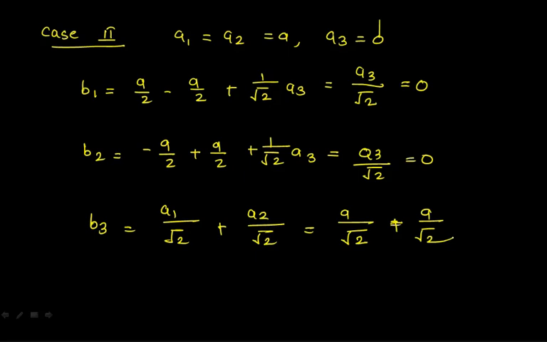If you are giving equal power, the output you are going to get is 2A. So A1 by root 2 plus A1 by root 2 will be 2A by root 2, which is nothing but root 2 times A. So the output at port number 3 is the addition of the two inputs at port number 1 and port number 2. This is how you are calculating the total power: A1 by root 2 plus A2 by root 2, so 2A by root 2 will be the addition of both inputs.